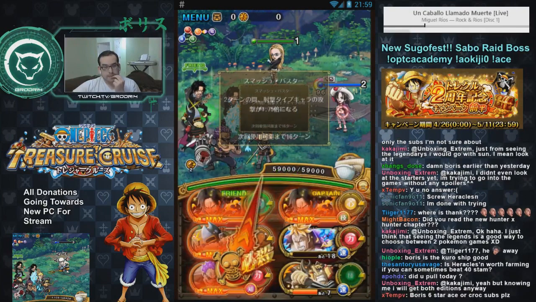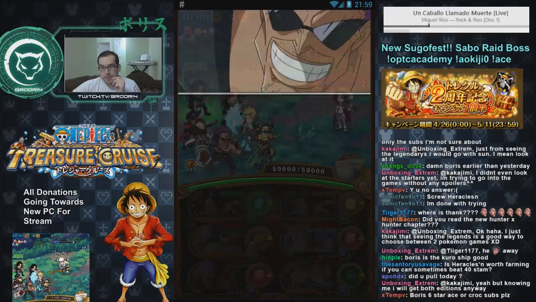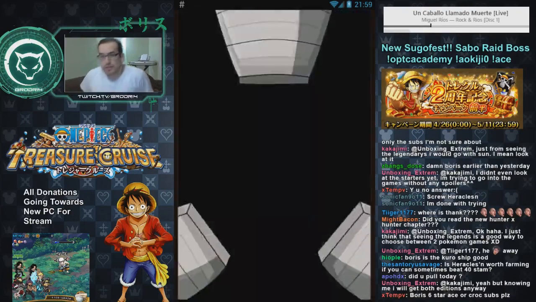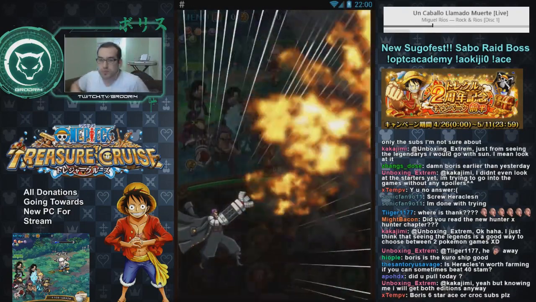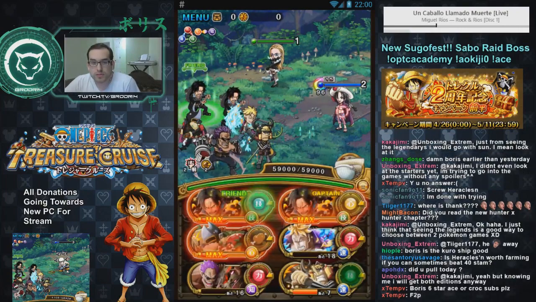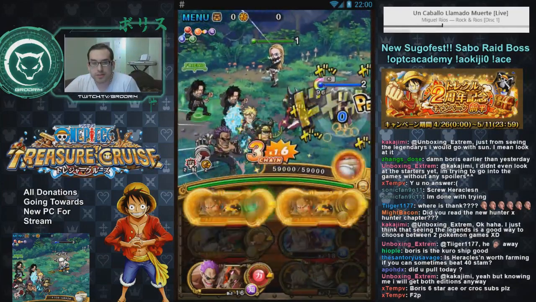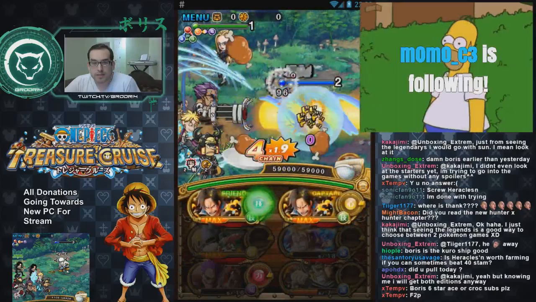So I want to use Marco, seeing as I have a green orb on Ace, is going to be able to one-shot Alvida as long as I combine it with Zephyr. And then I'll be able to have plenty of time to stall on Kalifa to get my specials back up. So hopefully, I'm thinking, will this be enough? I got a couple hits in, get rid of that shield, and if I can do it in one shot,